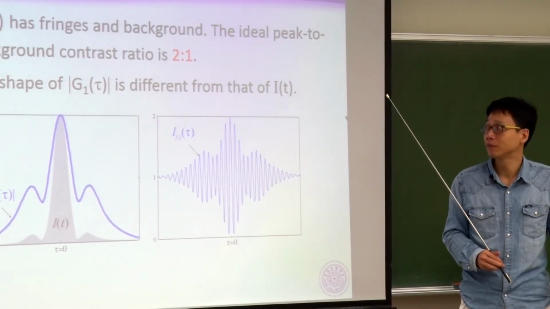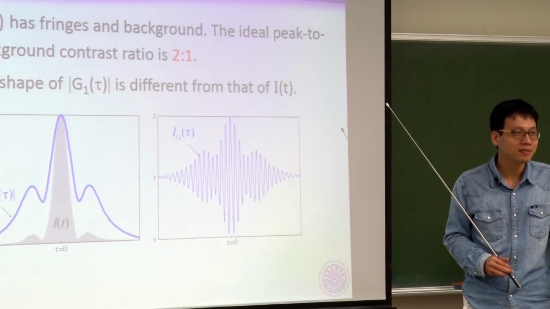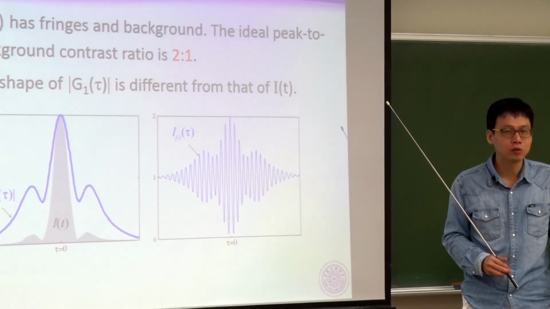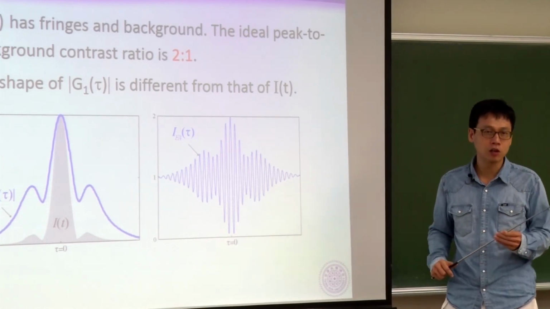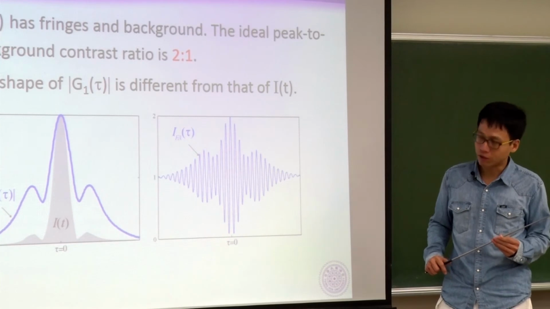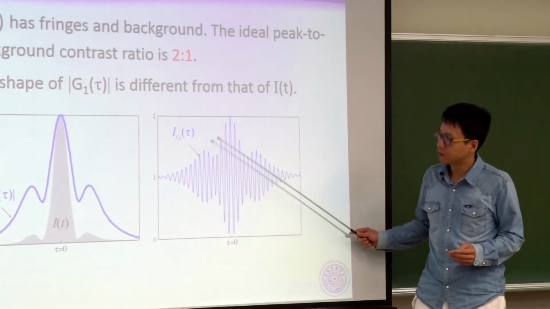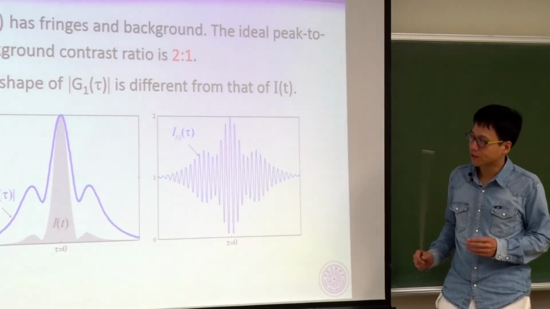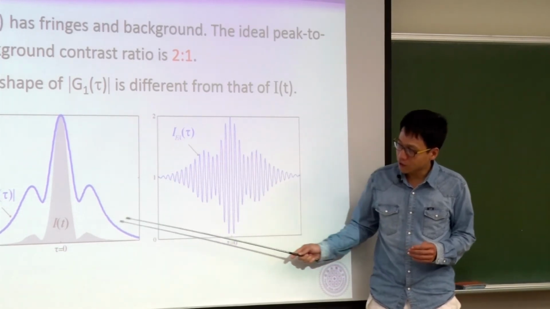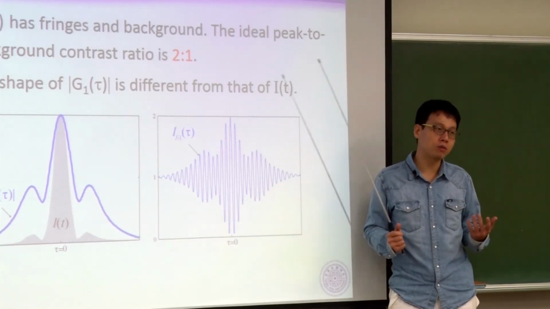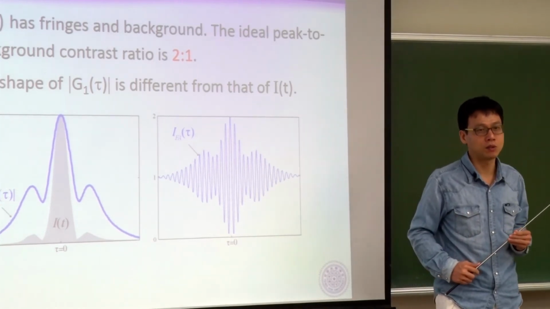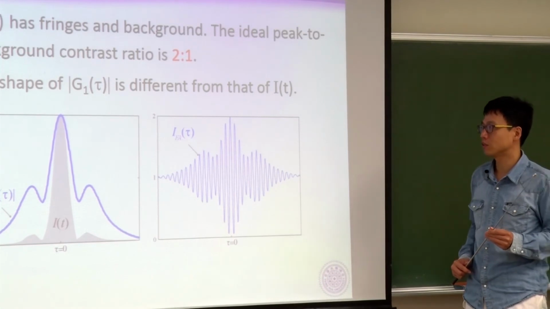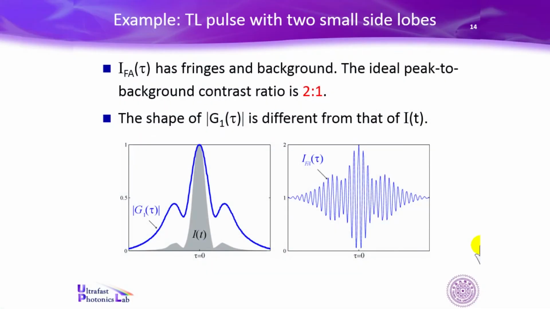Any question? 好，所以我这一页强调的是，我随便拿了一个 pulse shape，它不是一个简单的 Gaussian 或 second hyperbolic function，然后我可以得到一个 field autocorrelation trace。它的长相似乎暗示了原来的脉冲形状，可是也不完全对，所以还有一些 extra work 必须完成，才可以知道真正的 pulse shape。